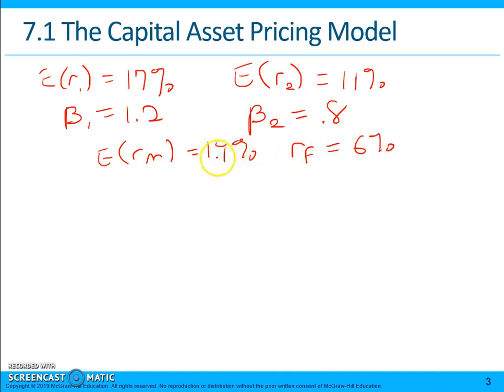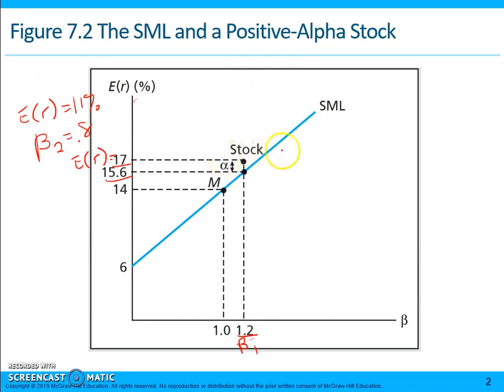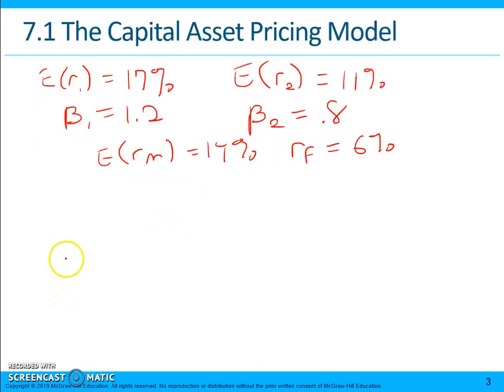We can go back and look. So this is the market. So that's our expected return, and our beta is always 1, and the risk-free rate is right here, and that makes up the security market line. So the fair return